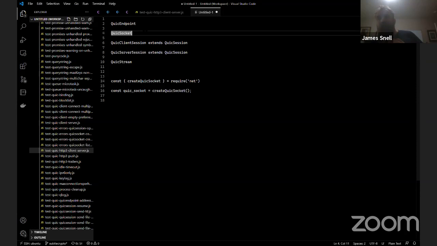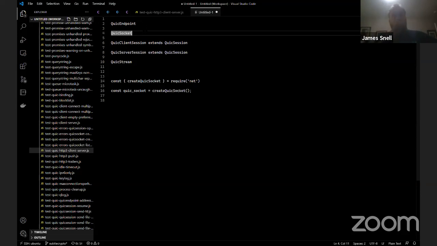QUIC has path validation built in. So when it receives a packet from an endpoint that it has not seen before, what it will do is a quick packet exchange. Basically, it's a challenge-response type of thing to ensure that the other end is actually the endpoint it should be talking to. This is a way of preventing certain types of attacks that involve changing the UDP port once the conversation has already been started. Okay, that's a lot of detail that we don't need to go into right now if we're just talking about